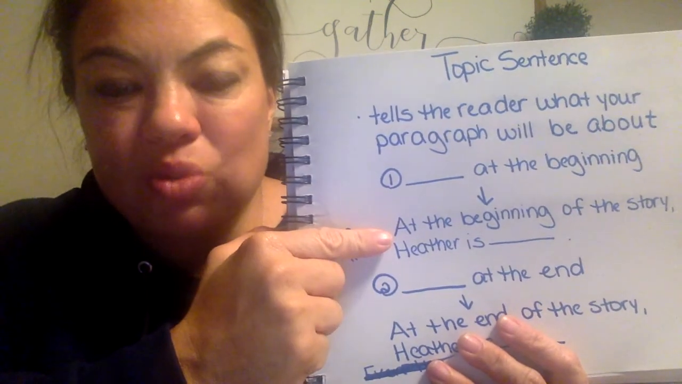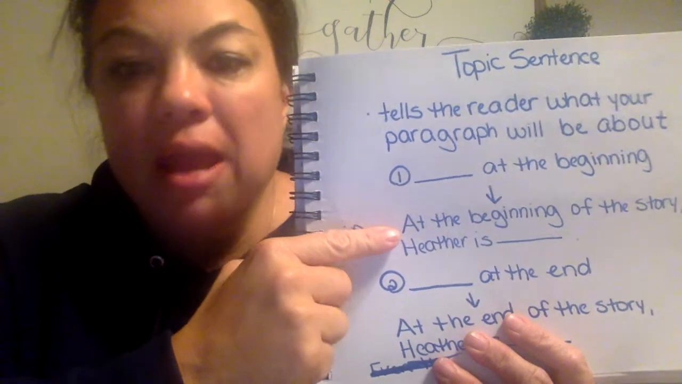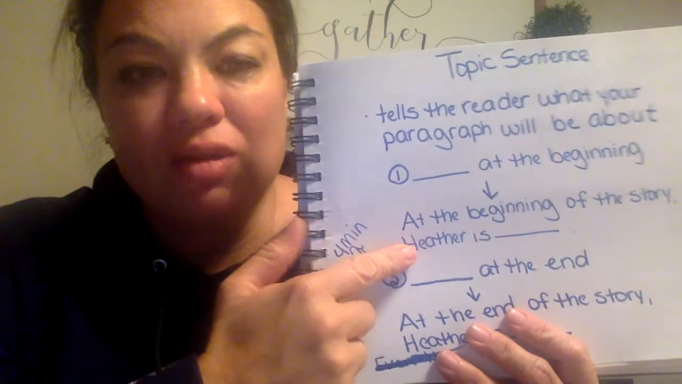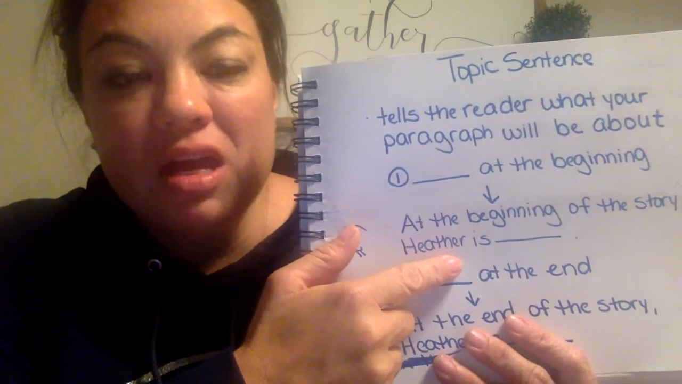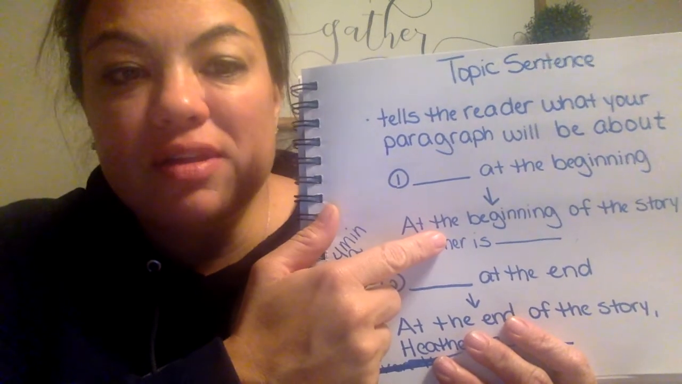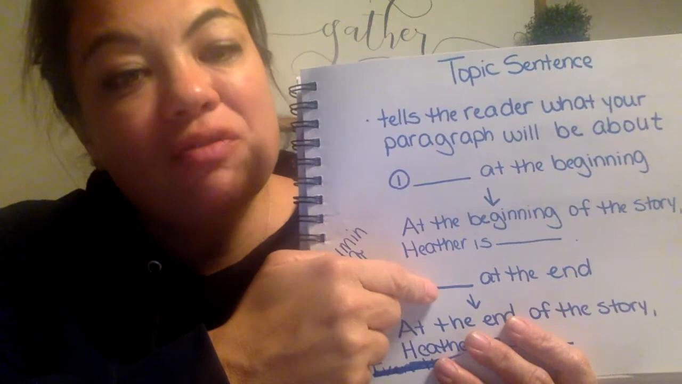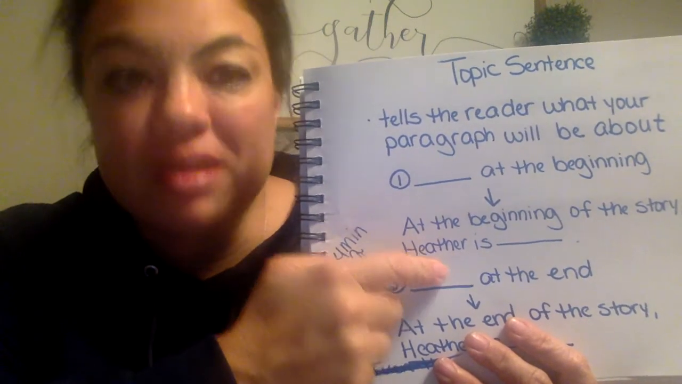At the beginning of the story, I chose Heather because that's who I wrote about. But you could certainly do this with Risa. At the beginning of the story, comma, Heather is, and then you would supply that adjective. So in order for this to work, you're going to have to think of a single word that you would use to describe Heather at the beginning of the story. And then all of your examples after that, or the rest of your paragraph, is going to be explaining how